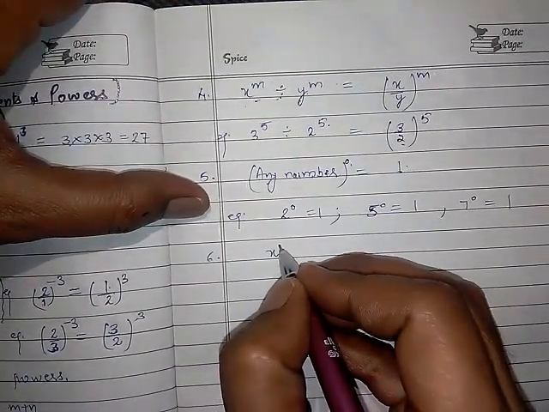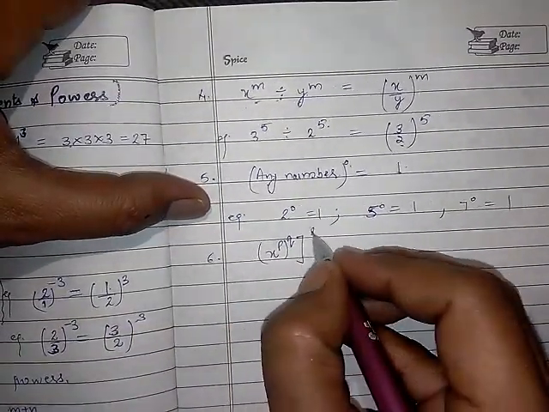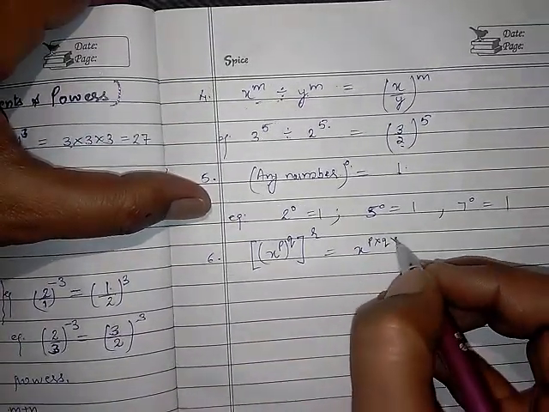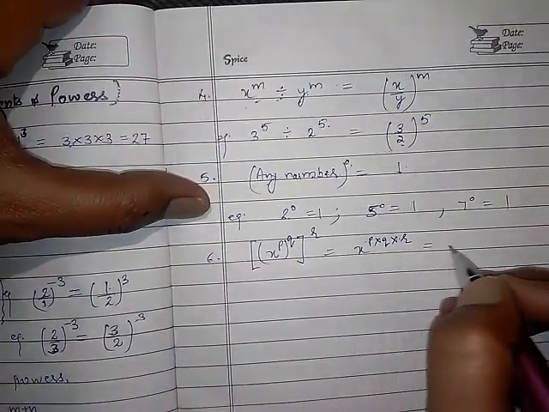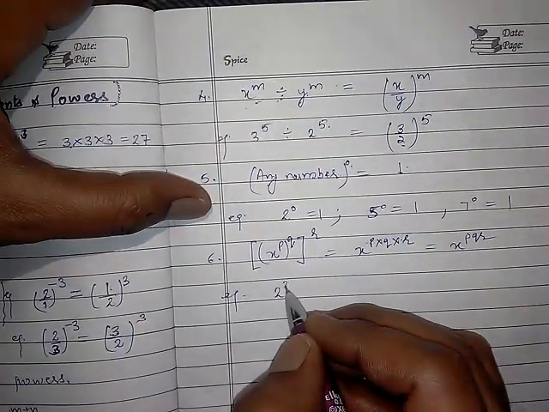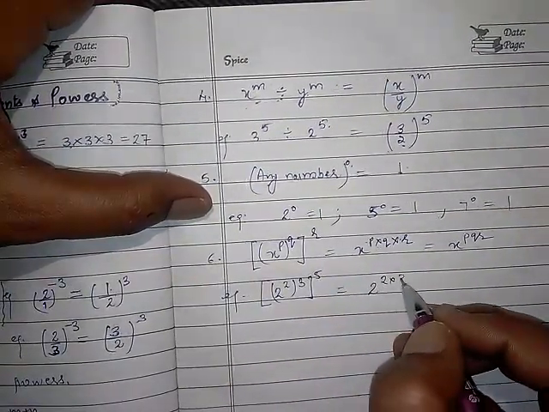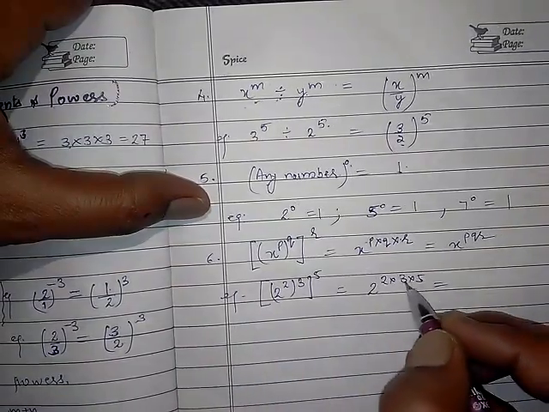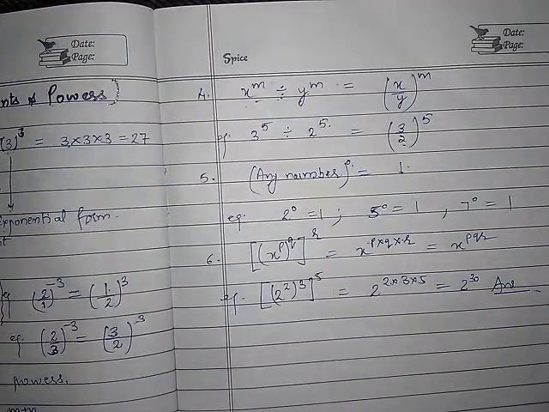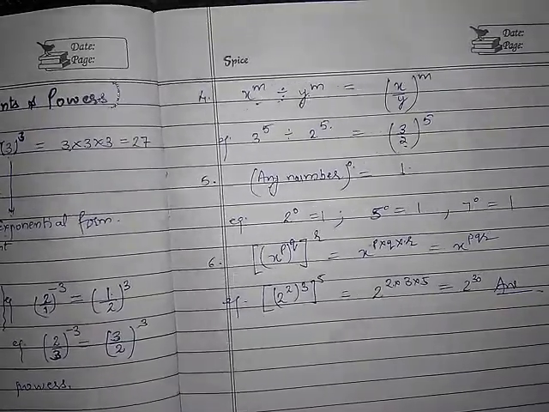Sometimes you are getting power to power like x raised to the power p, then whole raised to the power q, then whole raised to the power r. Then in this case what you need to do, simply you need to multiply the powers here, p into q into r. That will give you x raised to the power pqr. Clear? For example, 2 raised to the power, suppose 2 is there, after that 3 is there, after that 5 is there. So what you will do, 2 into 3 into 5 will give you how much? 5 3s are 15, 2s are 30. So that will be your answer. Clear? So these are the basic 6 rules which are very helpful in solving the problems given in your textbook.